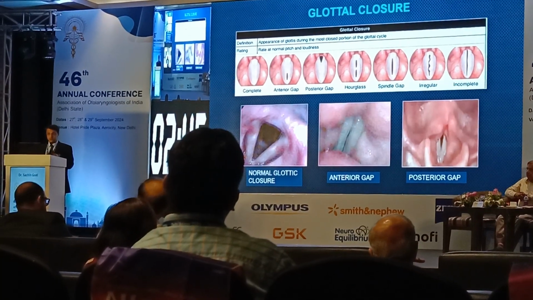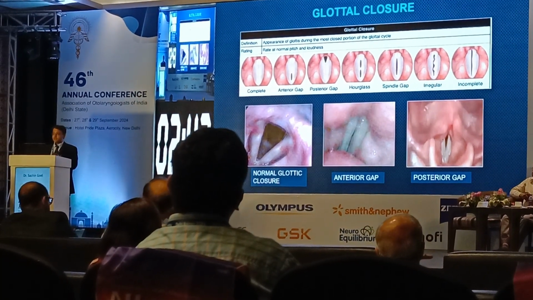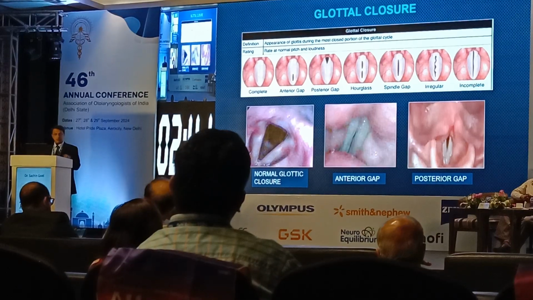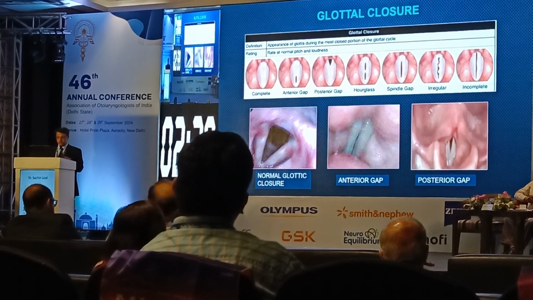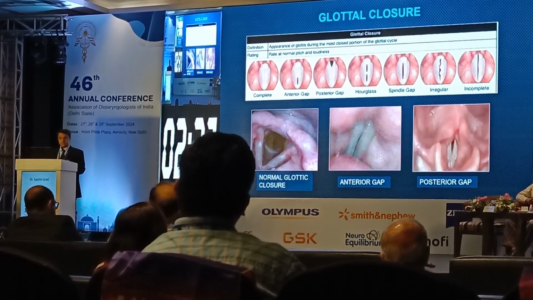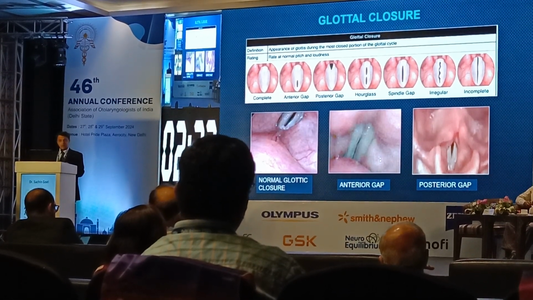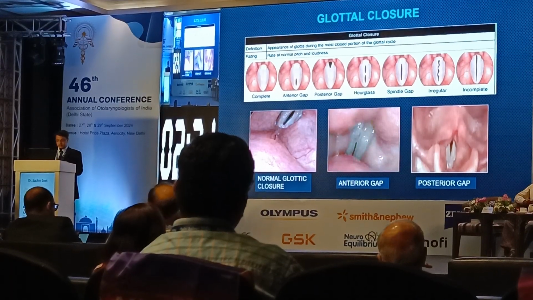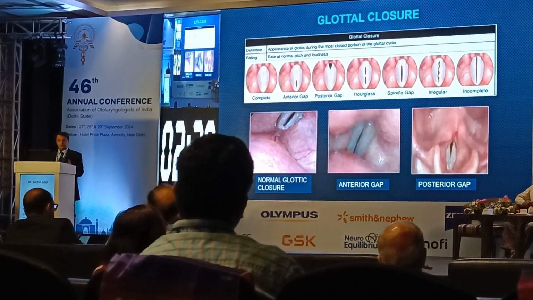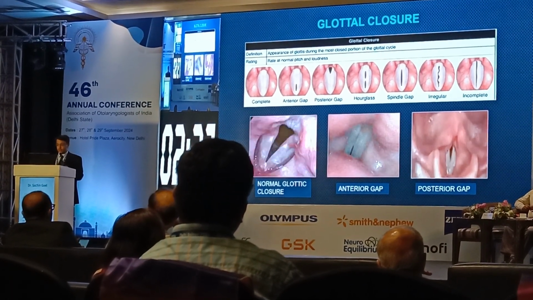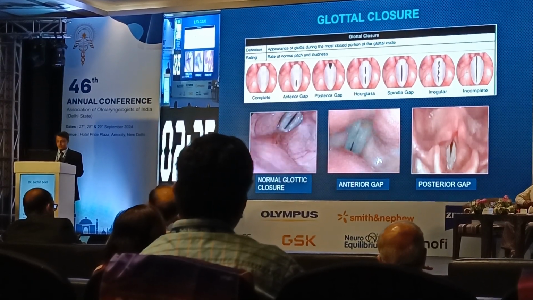One of the most important criteria that helps us understand the hoarseness or the breathiness of the voice is the glottic closure. In the normal vocal folds, you can see there is no glottic gap. The vocal folds close completely. However, it can be an anterior gap in cases of a vocal fold scar or sulcus, posterior gap in cases of muscle tension dysphonias,